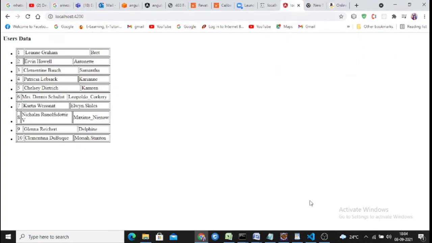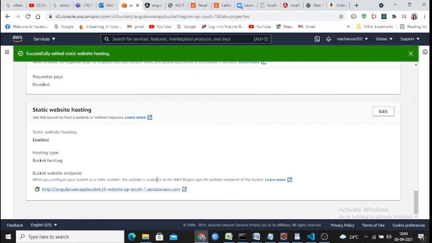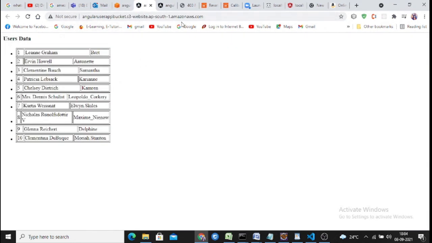Amazon console. To get the same output in the Amazon console, you just go here and click on this site. So this is what is running on your Amazon S3 bucket. So in the AWS S3 bucket, we are able to deploy our Angular project. With this URL, we are able to access the same application. This is how you can deploy your Angular application onto the cloud. That's all to showcase your Angular project deployed with the S3 service to deploy the application into